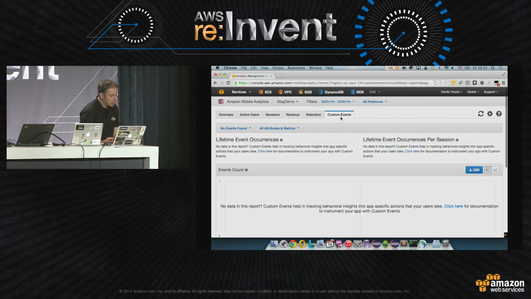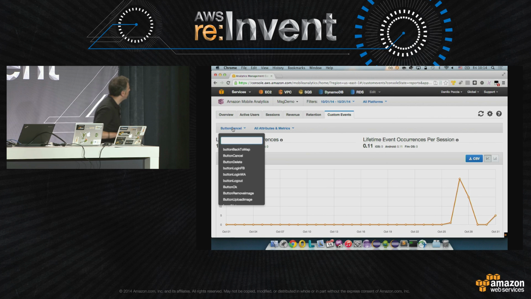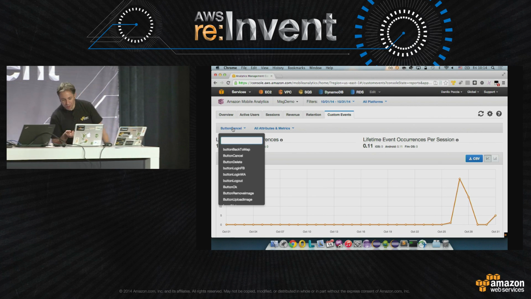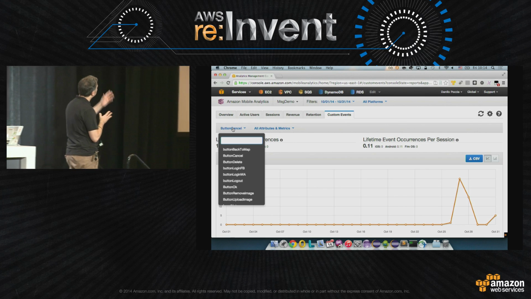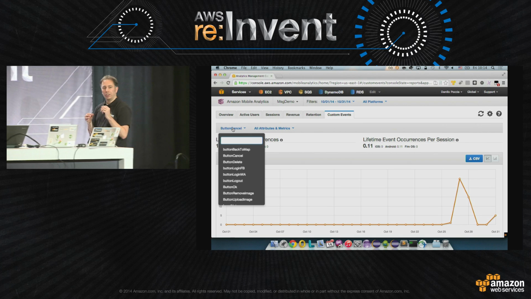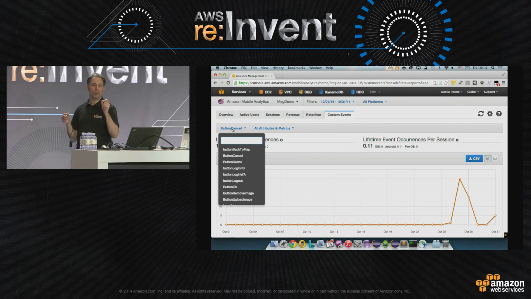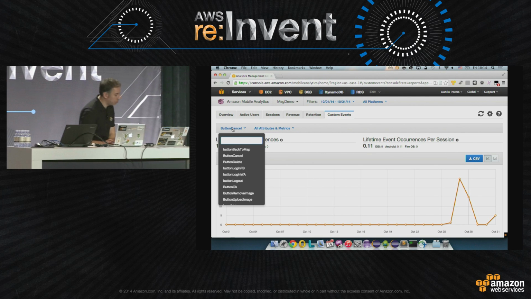This is the interesting panel, is the custom event. So as I mentioned, the idea of this workshop is to build this application that maybe we will be able to see or not, depending on the will of my Mac. But I already have some data collected. So what I did, I used specific events for any UI interaction that you can have with the application. What does it mean? It means that if you